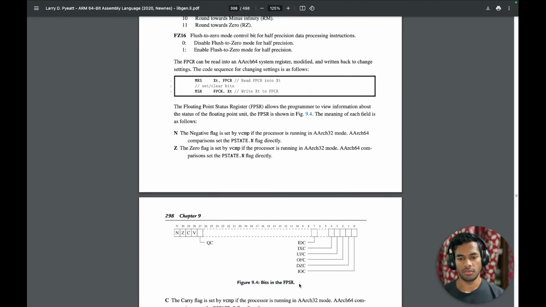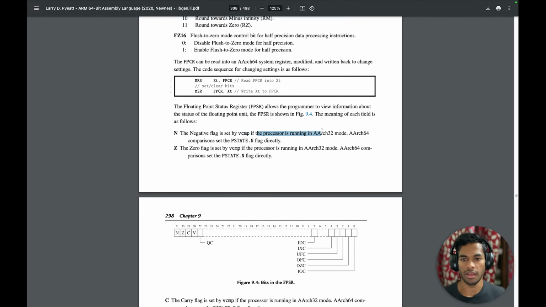Negative: the flag is set by VCMP if the processor is running